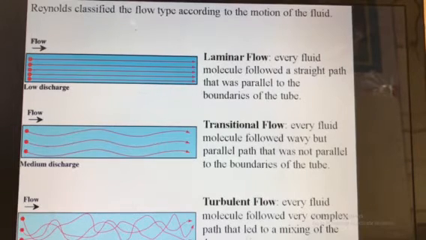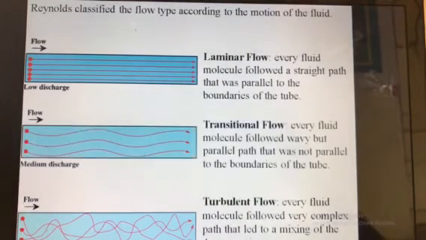As we have already derived in your 5th unit how this Reynolds number is derived, it is responsible for the classification of laminar flow and turbulent flow. So if the Reynolds number is less than 2000, then we can say that the flow is laminar flow, and if the Reynolds number is greater than 4000, then we can say that the flow is turbulent flow. And for transitional flow, the Reynolds number will vary between 2000 and 4000.